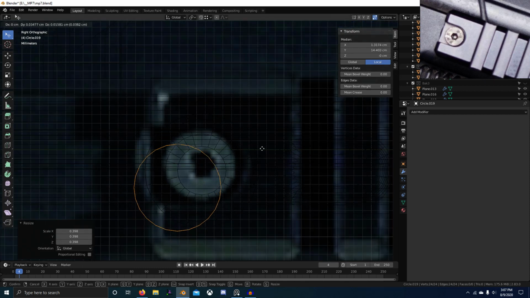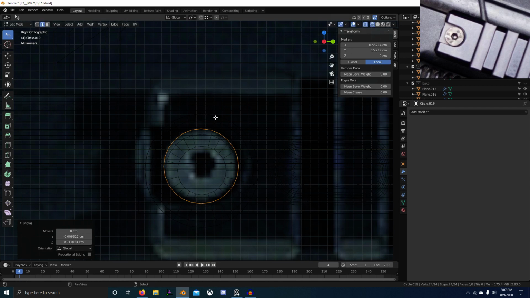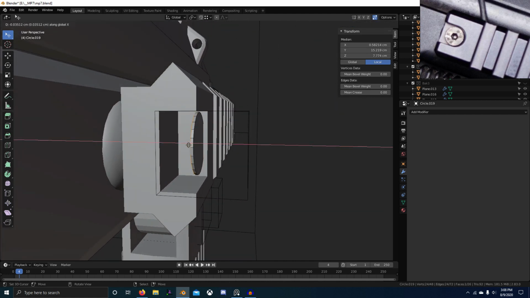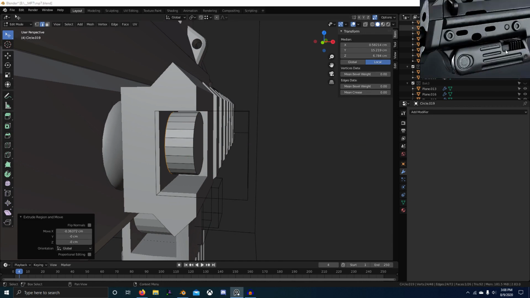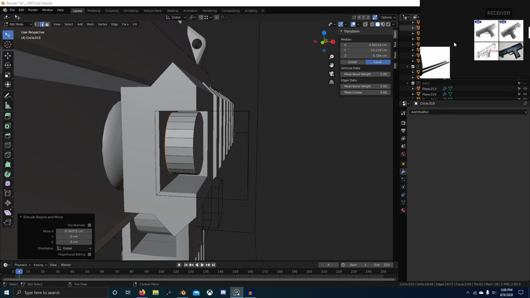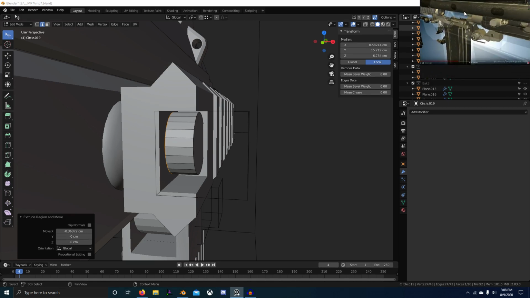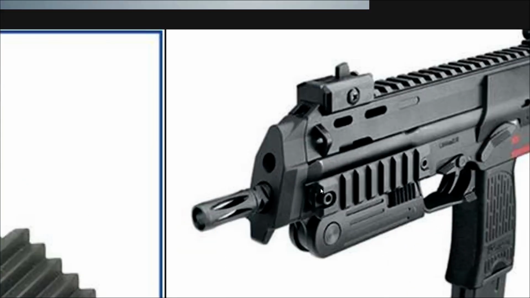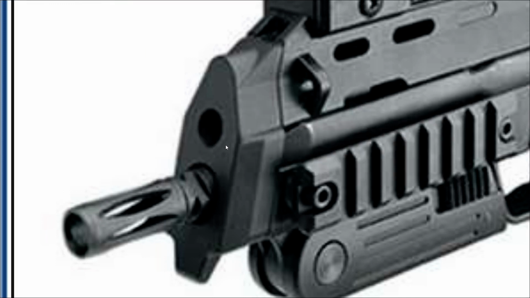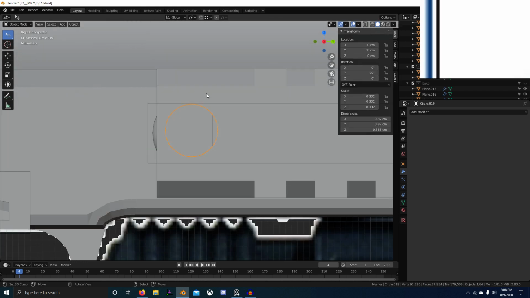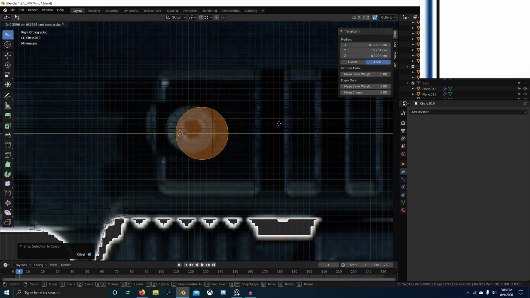So these are hex screws. So we'll just create a face. Bring it out to there. Push it just a little bit in. Create a face. And then we'll just see if we can find another reference. Let's see. Okay, it does seem to just go all the way to here. Let's grab this, cursor to selected, and then grab this, selection to cursor, so it's just centered on the Picatinny rail,